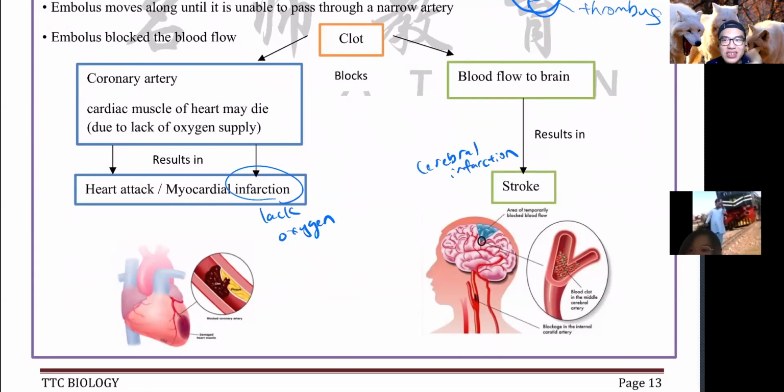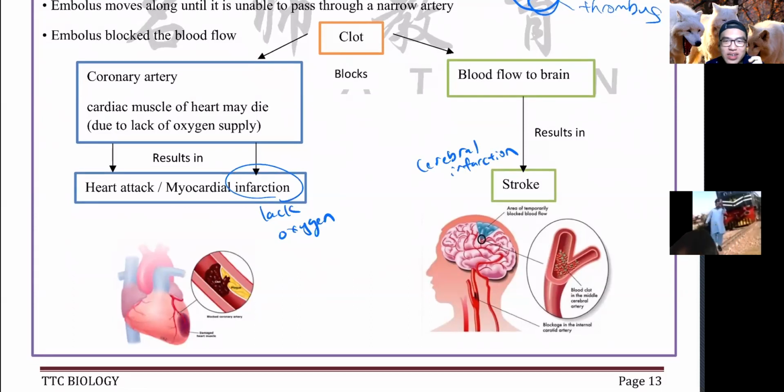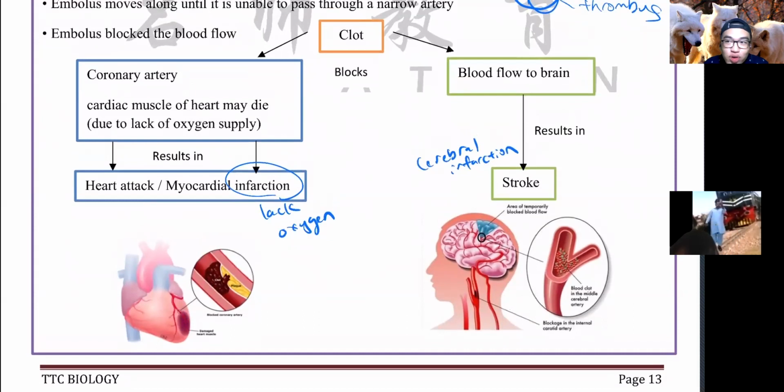Okay, so that's the scientific name for stroke. Like my dad died because of a stroke. In his death cert, it says cerebral infarction. And if it's a heart attack, it's called a myocardial infarction, because remember myo is muscle. Like last week we talked about myogenic, means the heart will beat by itself. So myocardial infarction means it happens in the heart. So if someone dies from a heart attack, in the death cert it will say myocardial infarction, because that's